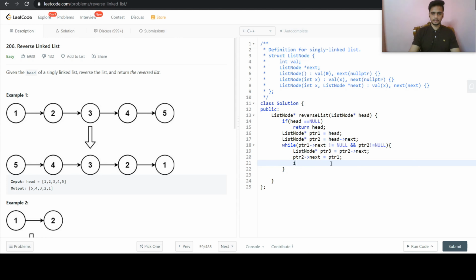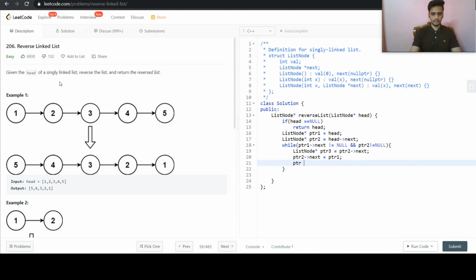Now we need to move our ptr2 to here, and similarly ptr1 to ptr2.